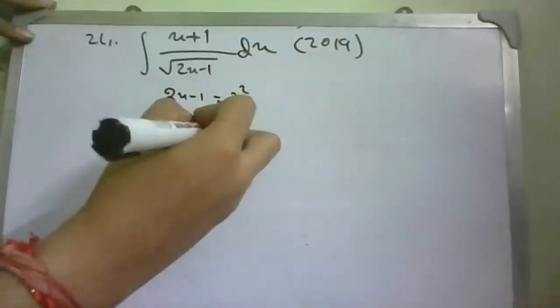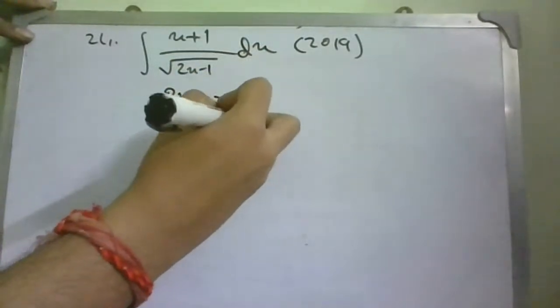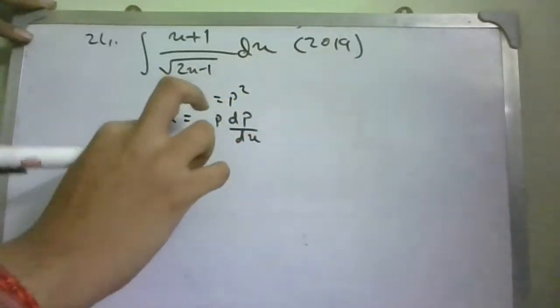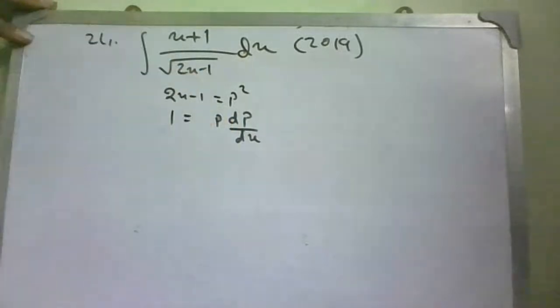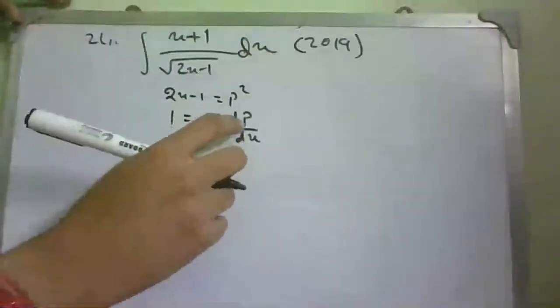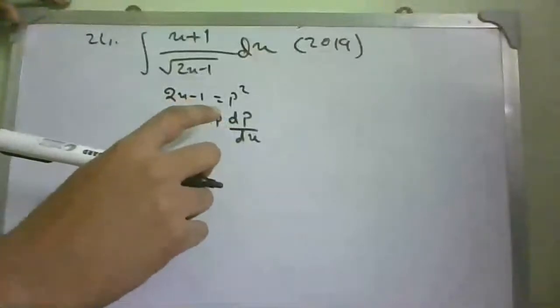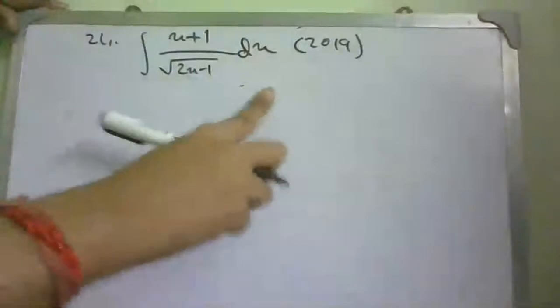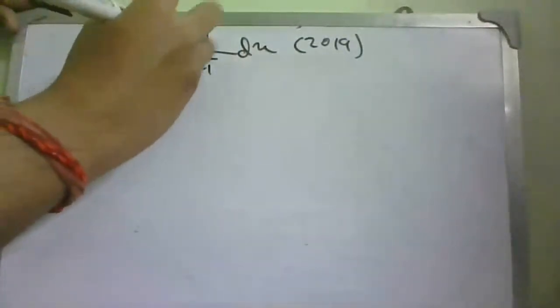So 2 is 2p dp by dx. Okay, so we can deal with this. This is very trivial. Okay, we need not do anything like this. We can just write it like